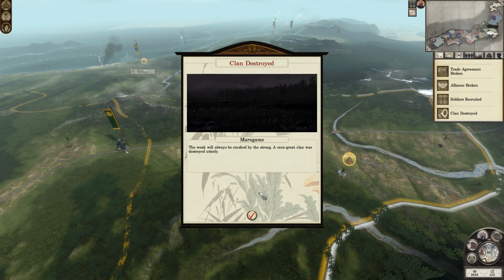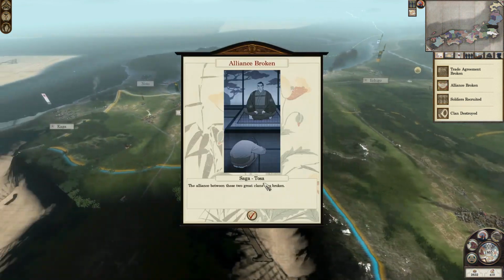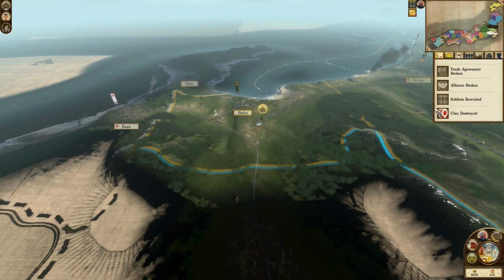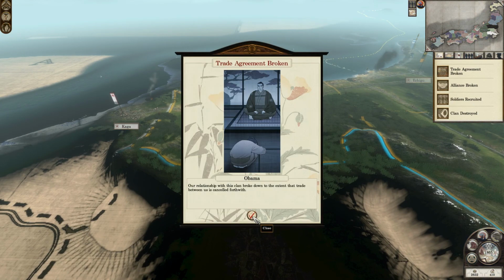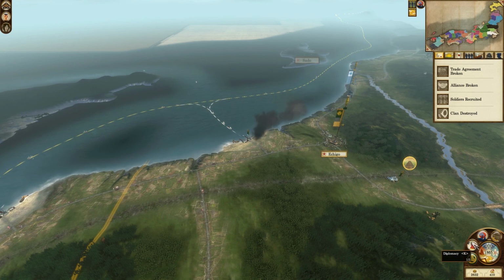We've got some Levy infantry, and the Marigame have been destroyed. Also, the alliance between Sega and Tosa has been destroyed as well. I don't really care so much. But we are no longer allowed, well, not allowed, but we are no longer able to trade with the Obama because...